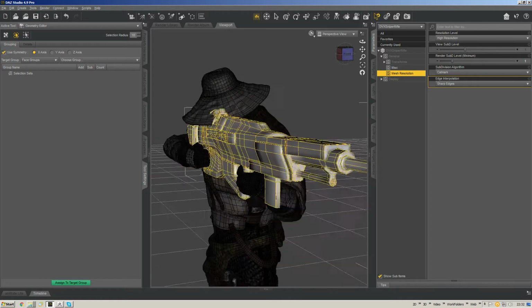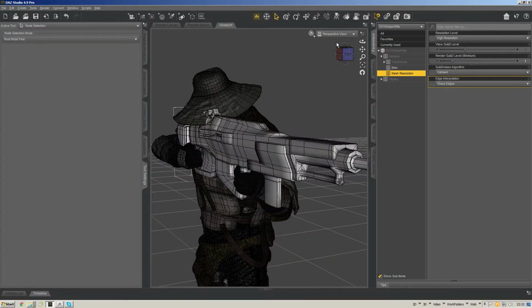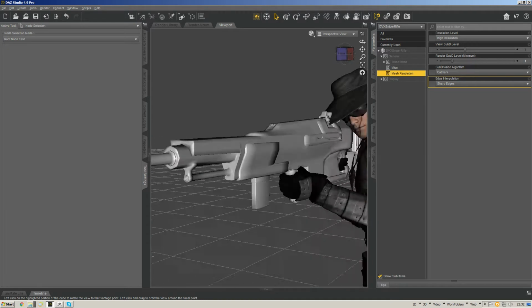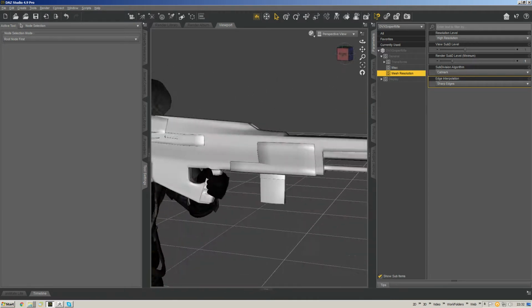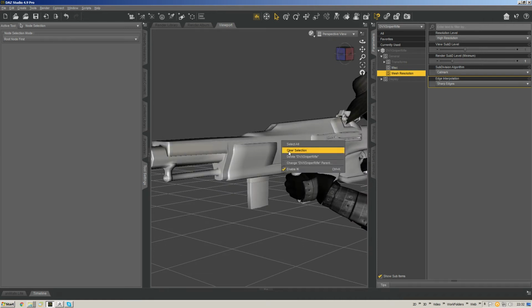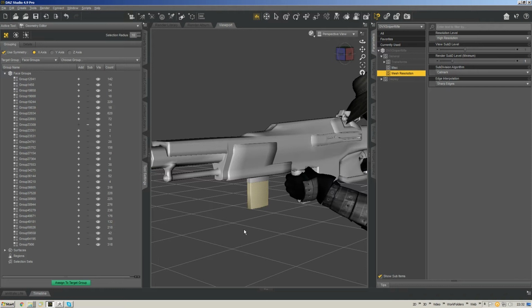Interesting. I actually kind of like that better than bilinear, and that's a whole lot simpler than going through and trying to edit everything quite so granularly. That's actually a nice effect. I'm thinking we're going to keep that. So let's select our rifle, and I want to go back to polygon selections now, and we're going to deselect all, clear selection,